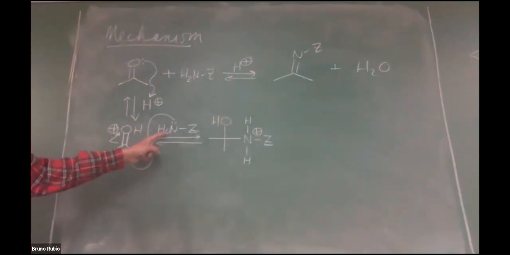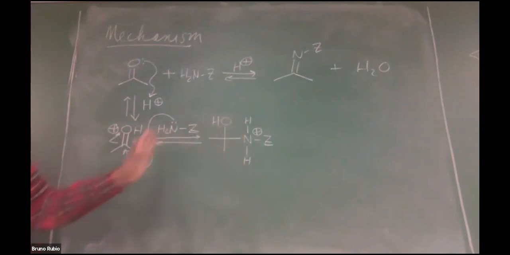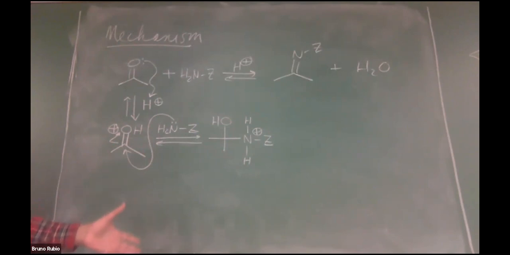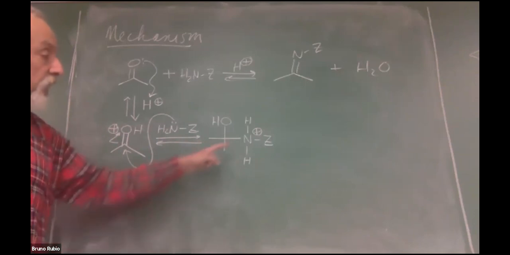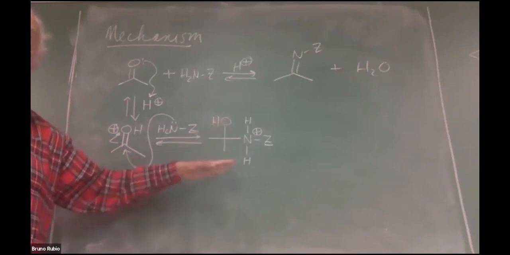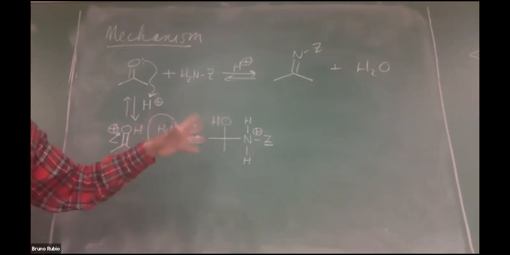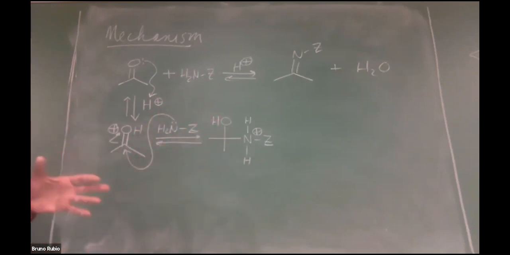Okay, and so notice that those two protons, they're still there in this intermediate, and notice my handling of the charges. Way back, first lecture of the year, when nitrogen forms 4 bonds, it must have a positive charge. Now there's a lot of fiddling and diddling with protons. Nitrogen's pretty electronegative. It doesn't like to have this positive charge. It wants to get rid of it. And as we've seen frequently, one of the ways these electronegative atoms rid themselves of a positive charge is by